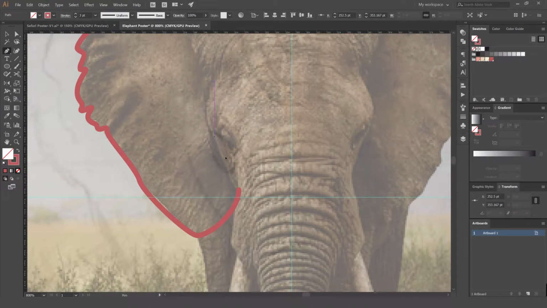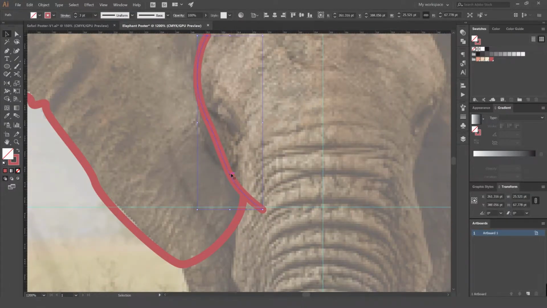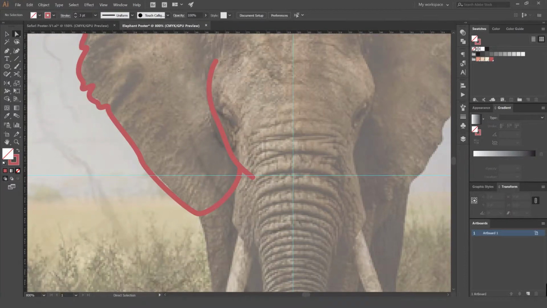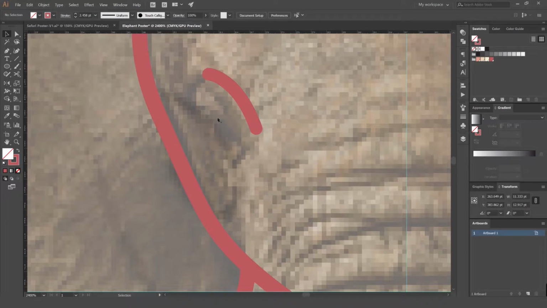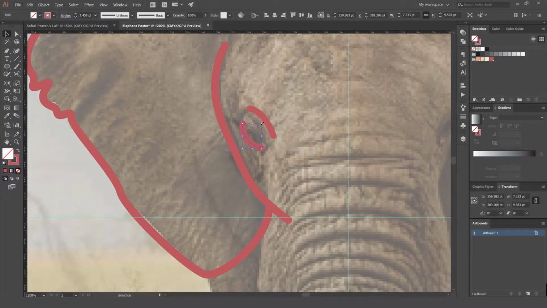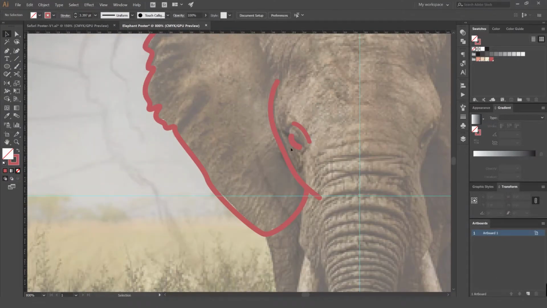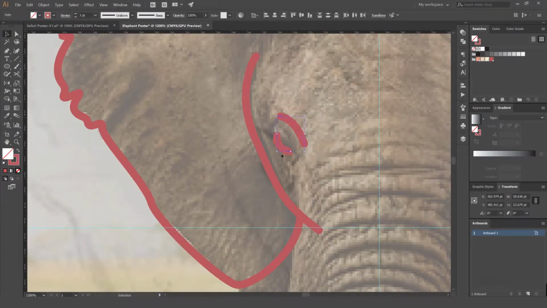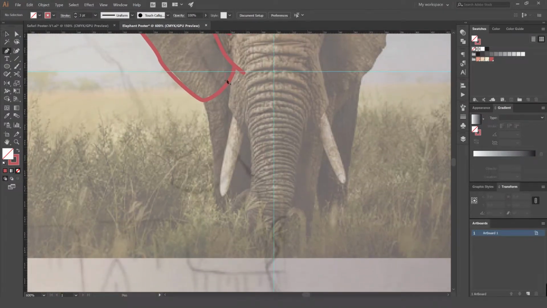So we want some of the outlines of his face. Like that, and you can sort of just overlap the stroke there. And then for the eyes, we're just going for a minimal look, so you actually can keep it really simple. Just like that. Then we'll come down here,